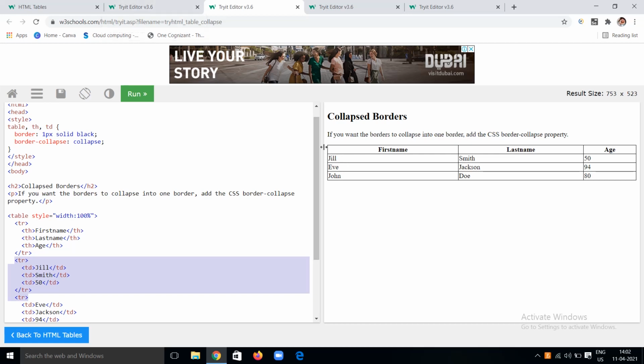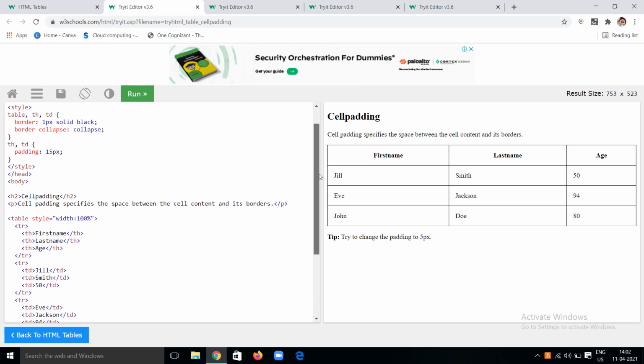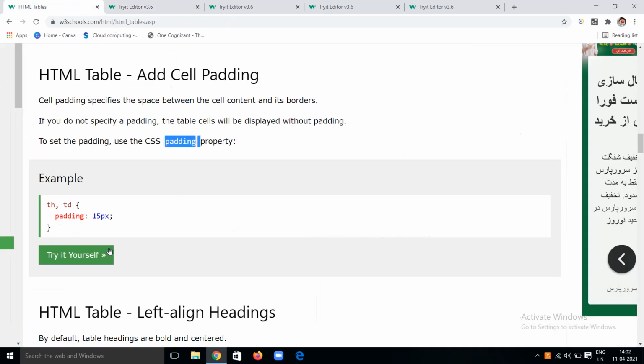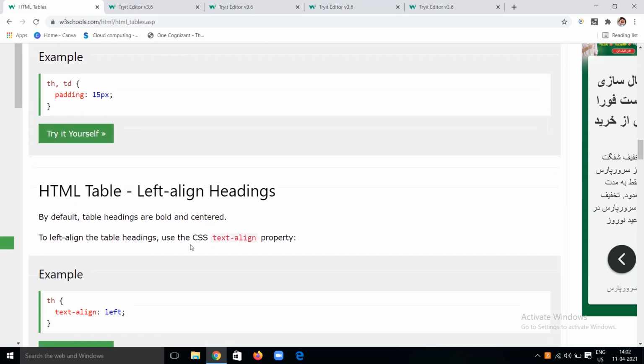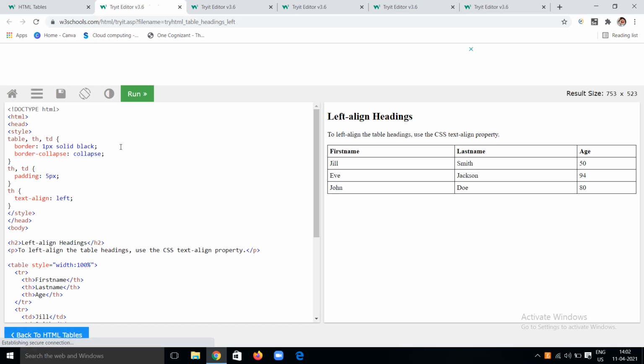No space in the cell. The data will be in a closed manner. You can observe here the data will be in a free manner without touching any borders. It has 15 pixels of padding. Here also it is not centered, but with 15 pixels of padding; if you make it left aligned, you can observe that padding. So this is one thing by which you can make a table more attractive without being clumsy. Next we have left aligned headings. Some headings will be left aligned, some are centered and some are right aligned.